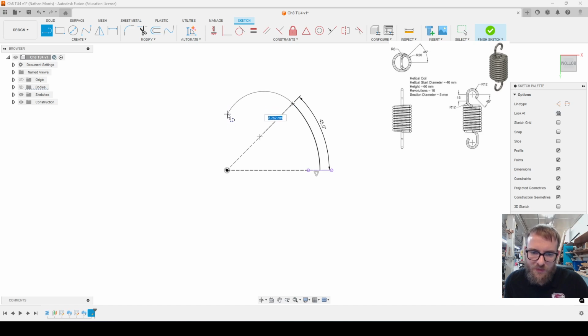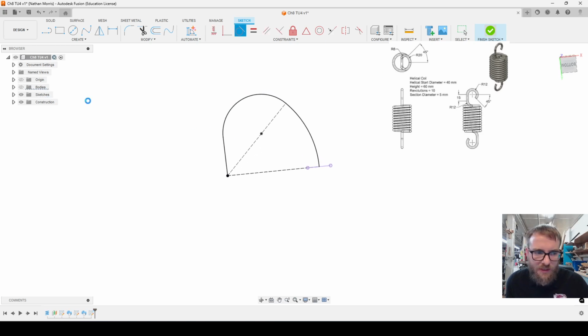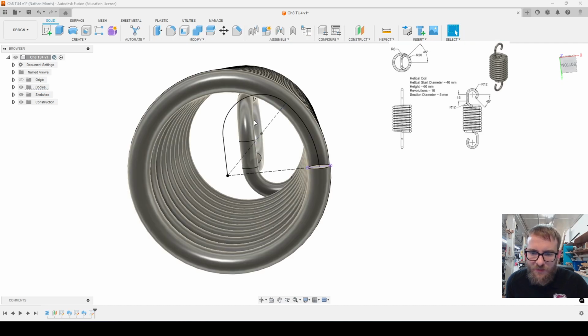So I'll create an arc section here with the line tool, and then make this section vertical and add tangency right here. Okay, so I'll hit Finish Sketch and unhide the body, and then now I can go ahead and sweep that